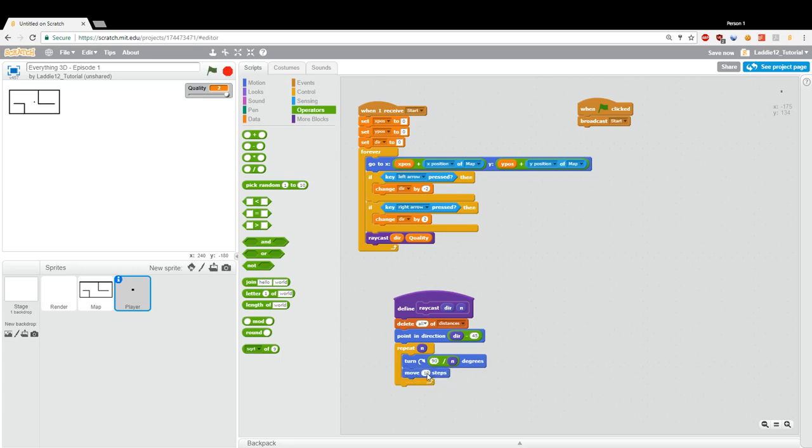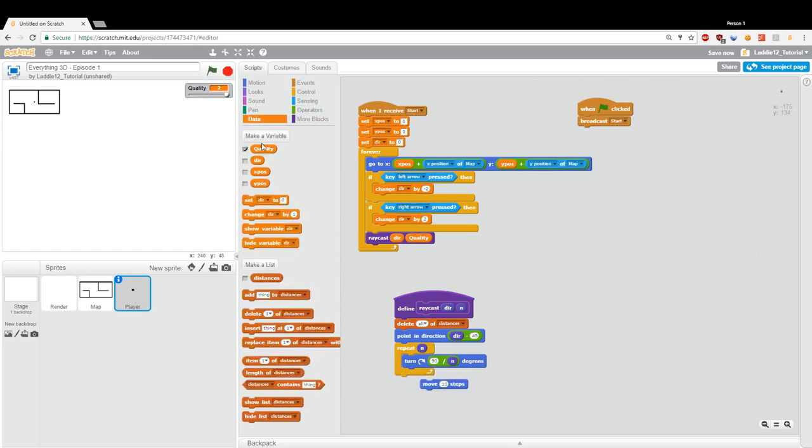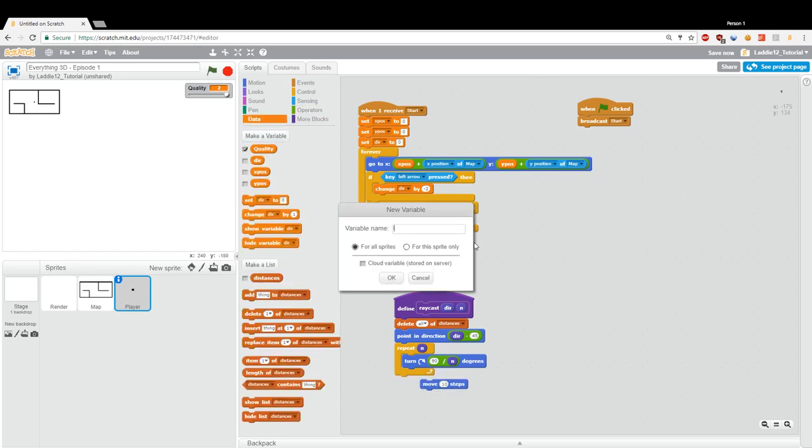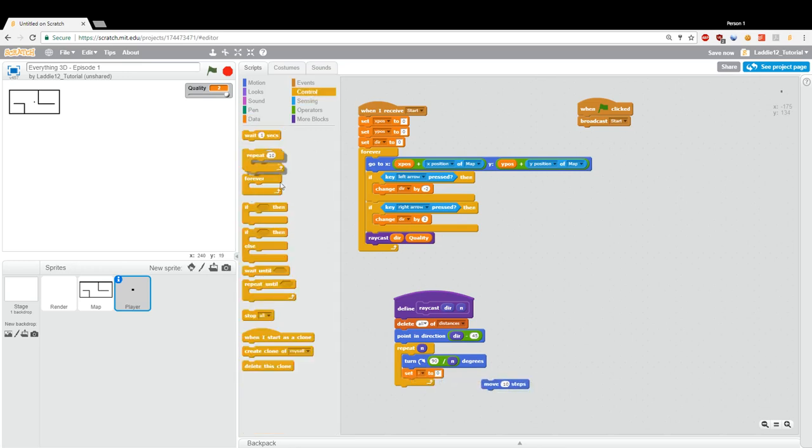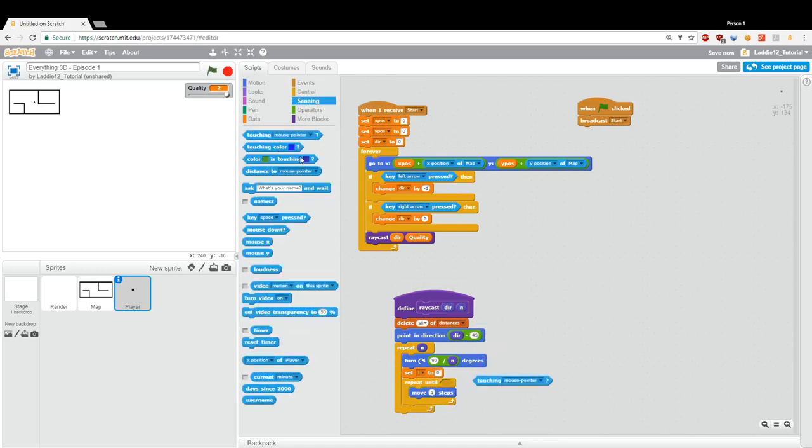And then move. You're going to want i, some sort of iterative variable. And just for standard programming, I just call it 0. So repeat 40 times, or I think it's better probably to do this. Repeat until. You're going to want to move 1 step, touching, or